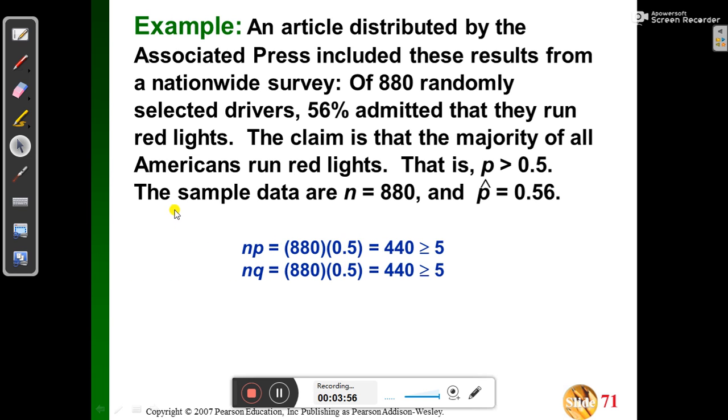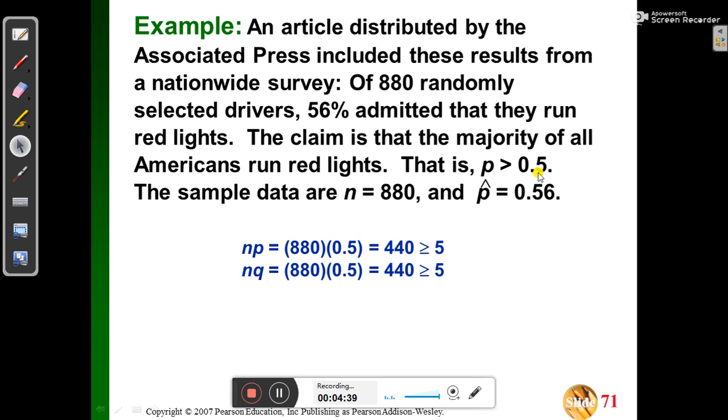So we'll take an example here. An article distributed by Associated Press included these results from a nationwide survey of 880 randomly selected drivers. Among them, 56 percent admitted that they run red lights. The claim is that the majority of all Americans run red lights. That is P greater than 0.5. The sample data are N equal to 880 and sample proportion 0.56,